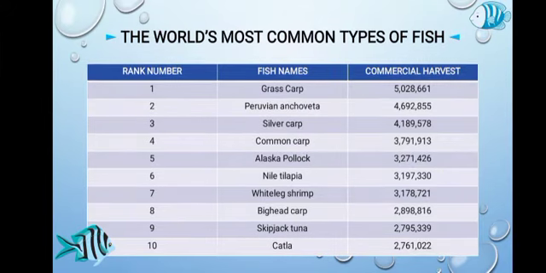The world's most common types of fish, ranked from number 1 to 10. Number 1 is the grass carp, which has a commercial harvest of 5,028,661. Second is the Peruvian anchoveta, which has a commercial harvest of 4,692,855. Silver carp runs third with a commercial harvest of 4,189,578. Fourth is the common carp, which has a commercial harvest of 3,791,913. Next is Alaska pollock with a commercial harvest of